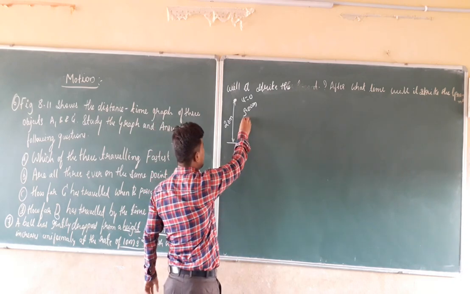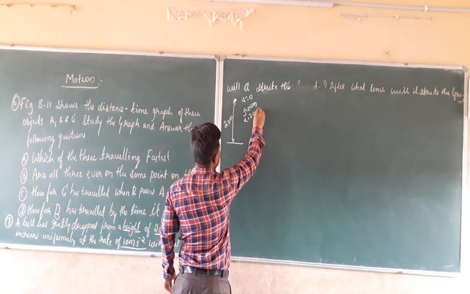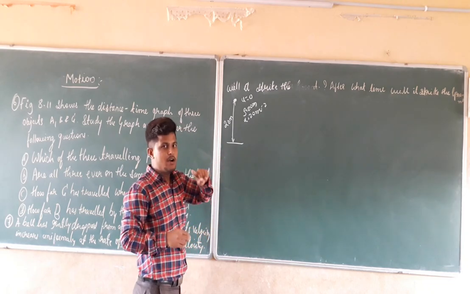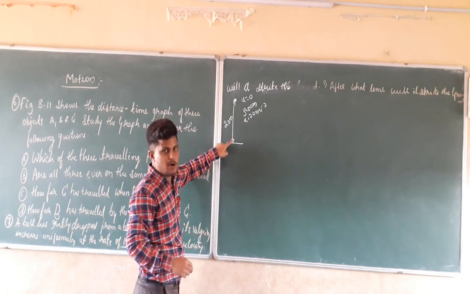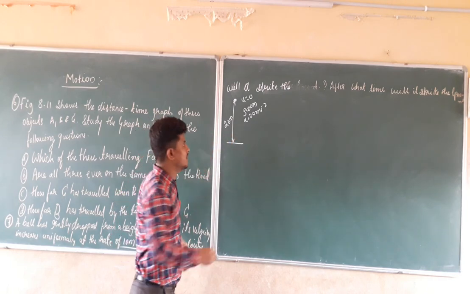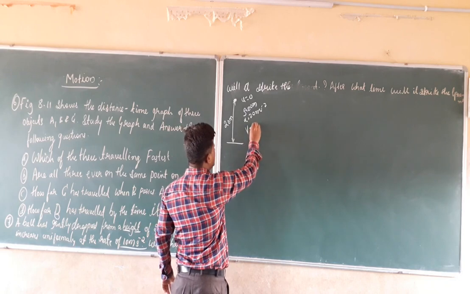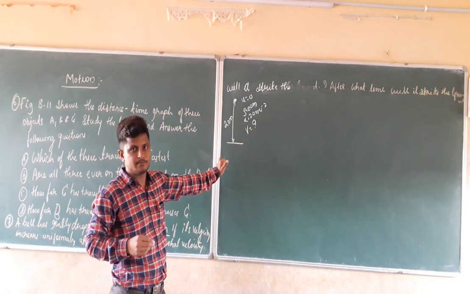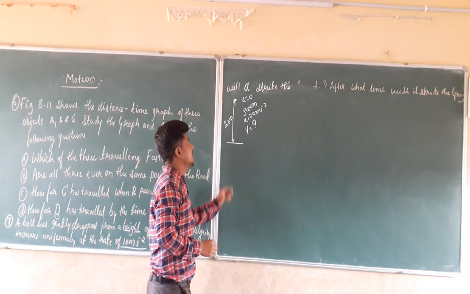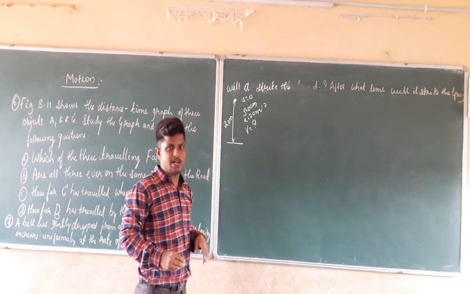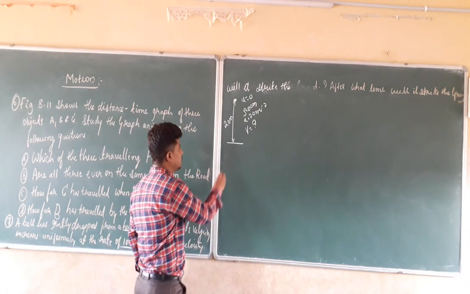The acceleration is given in the problem statement as 10 meters per second squared. What we have to find out is the velocity of the ball at the point where it strikes the ground. At this point, v equals question mark, the final velocity. In the same manner, we have to calculate the time taken for the ball to move from this point to this point. So now we write down the given data.